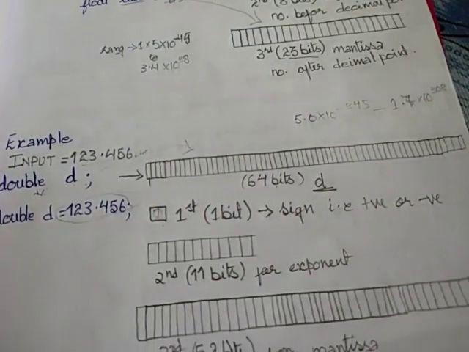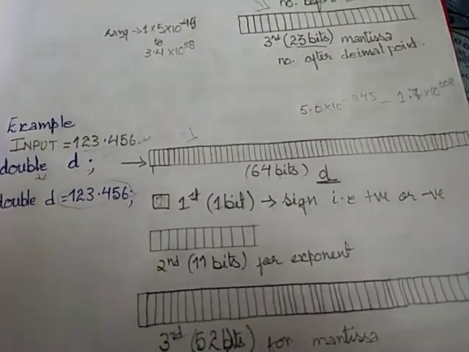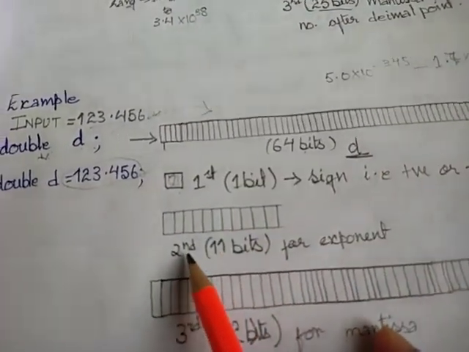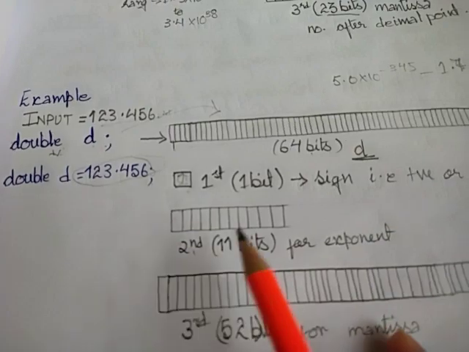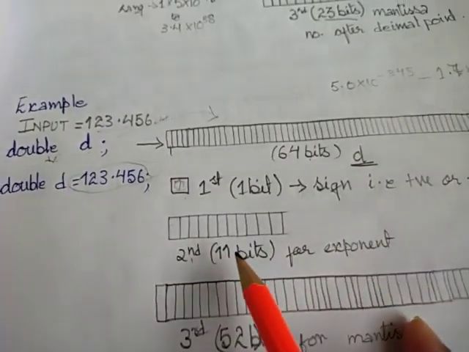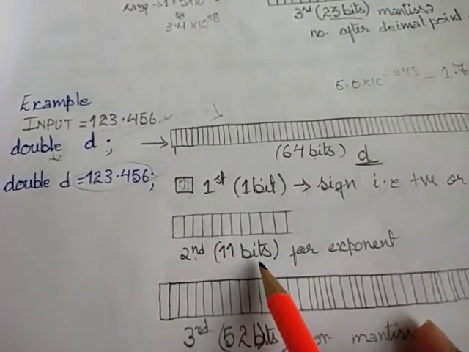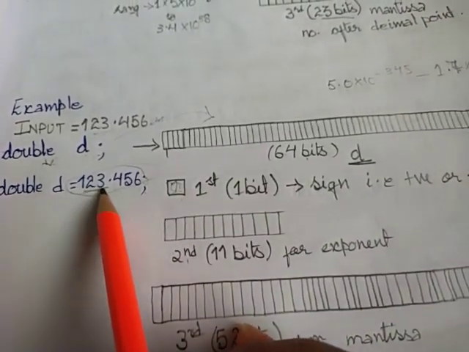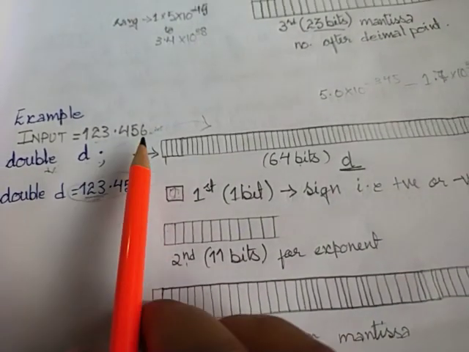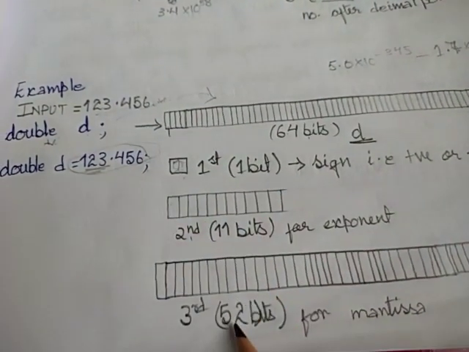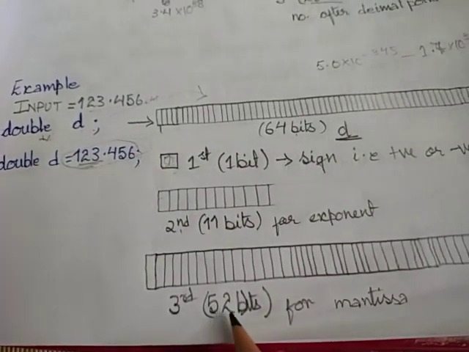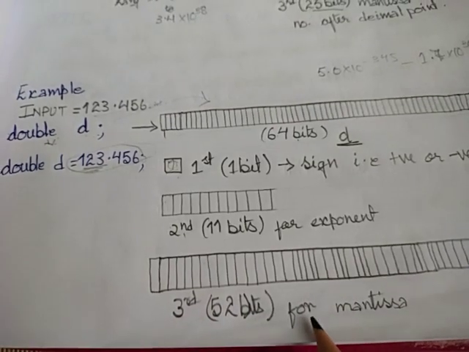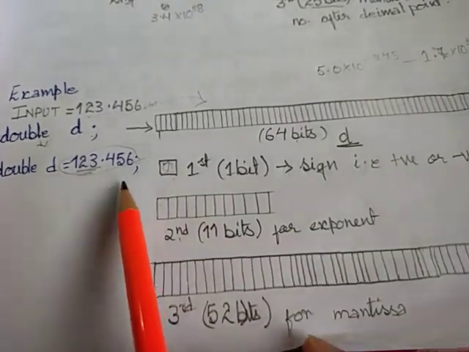Then next, the rest of the bits again get divided into 2. The second portion, that is 11 bits, will get stored for the exponent or the value before the decimal point. And the third portion, that is 52 bits, will store the mantissa or the value